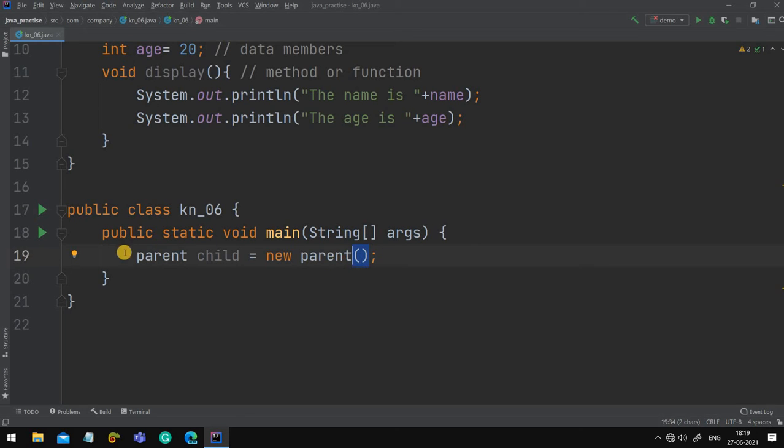Okay, so parent is the name of my class, child is the name of my object, new is to give it a new memory, and again parent is the name of my class. Let's call the method of this child: child dot display.